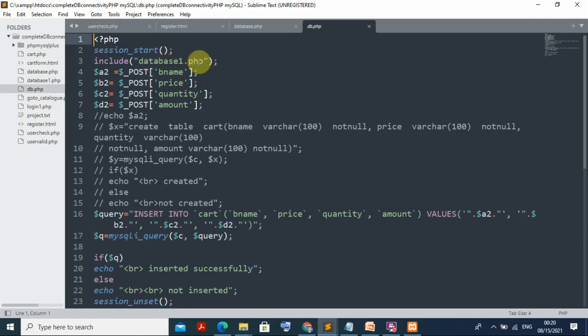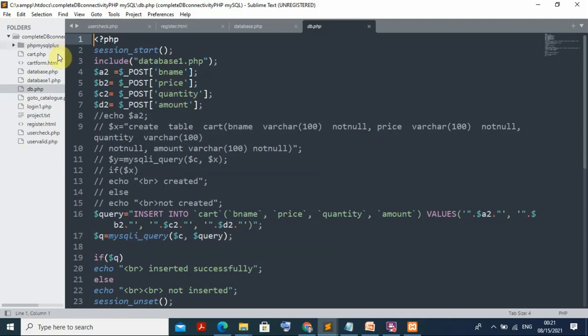You see, one I am using for this login page, with username and password, and the other I am using for the cart page. Cart means, say, online you are purchasing something, so you select some item and put it in the cart, then go for the payment option. Then I am writing some variables a2, b2, c2 and d2 for the book name. What is the book name, I put it here. What is the price, I put it here. What is the quantity.